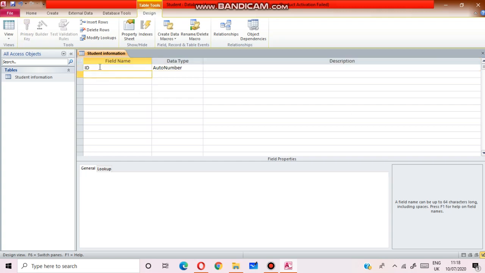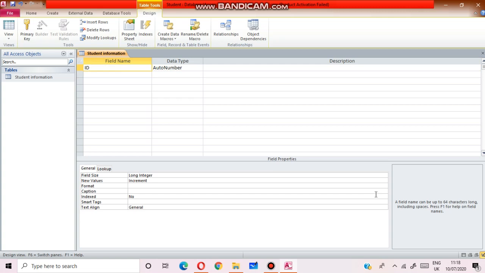Here you can change ID. So you can give student ID. That will be auto number. Auto number means it will generate numbers automatically.